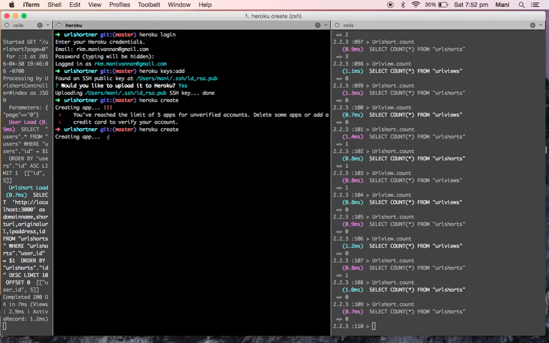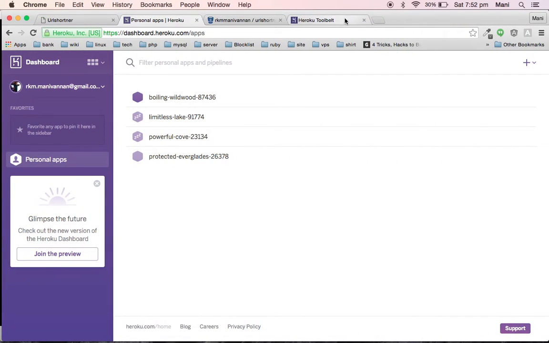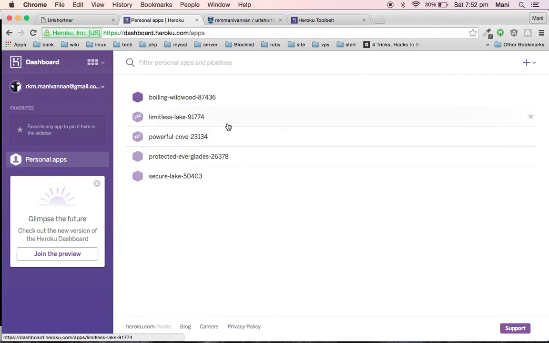So I'll try right now. heroku create. So here it is. Here is the URL of my project. I will check whether it's created or not. So here is my URL, and we'll check whether it is working.